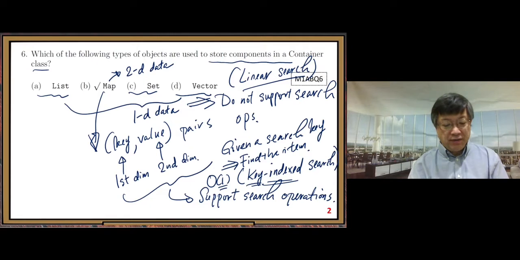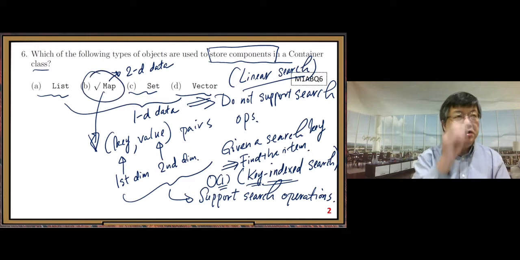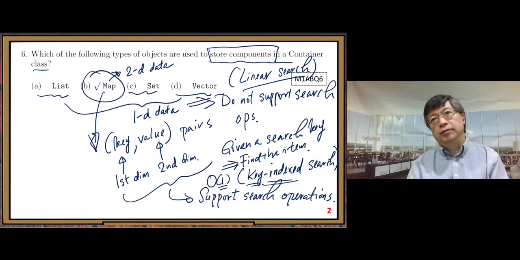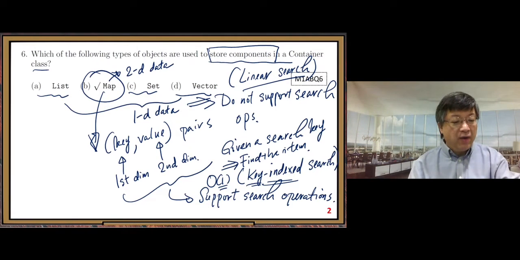So that's the reason why, when you need to store a certain number of components, the best way is always to use map objects. All right, so that's the background of